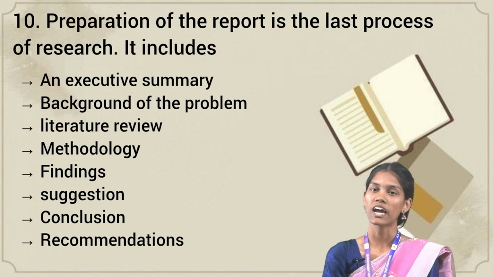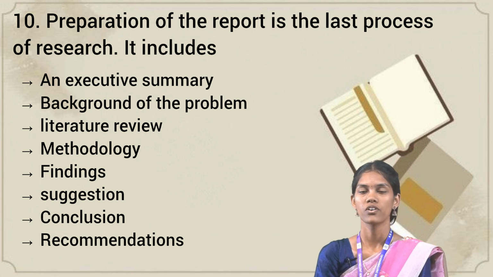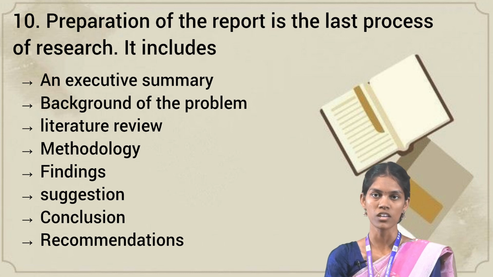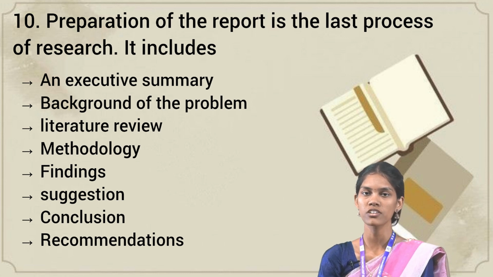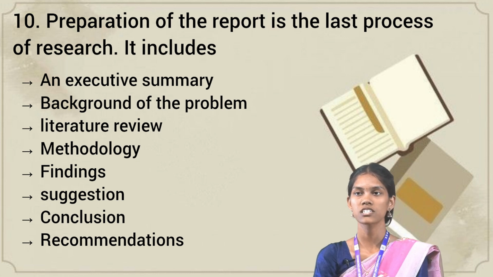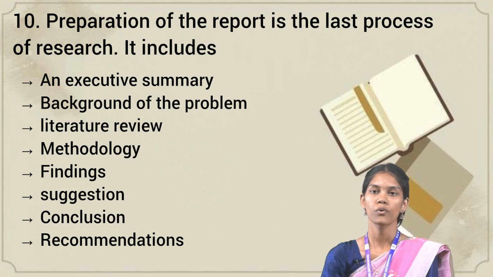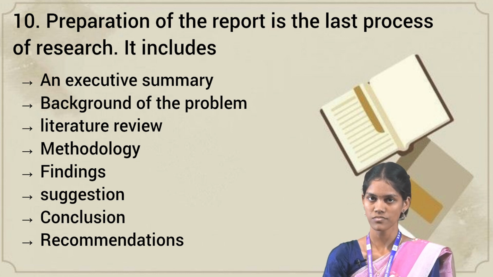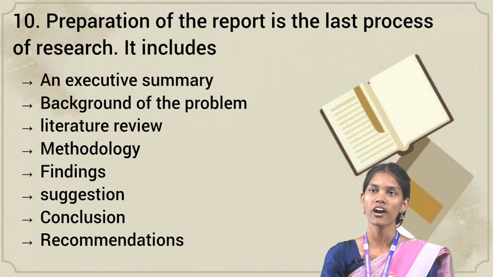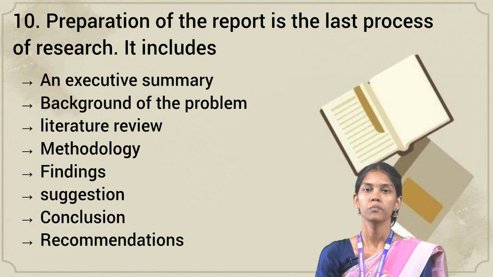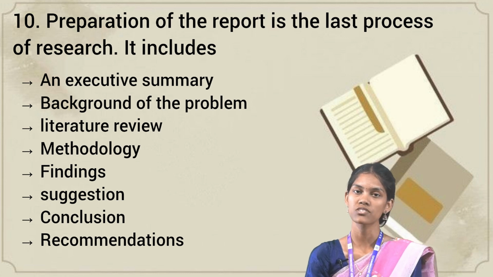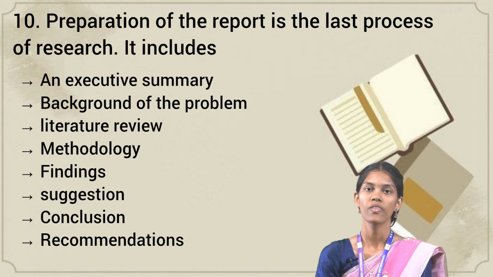Next one is findings. When a researcher has done everything, he has to conclude with something and give findings to the research problem. And then suggestions. Suggestions facilitate the report and enhance the problem. Next one is conclusion. He has to conclude the process with a brief explanation and also recommendations, like websites he has used, access of data he has used, everything.